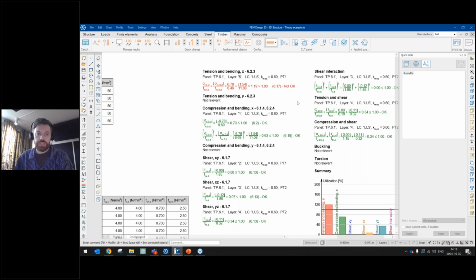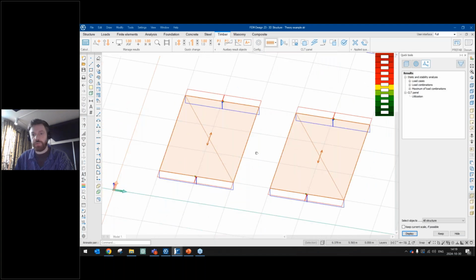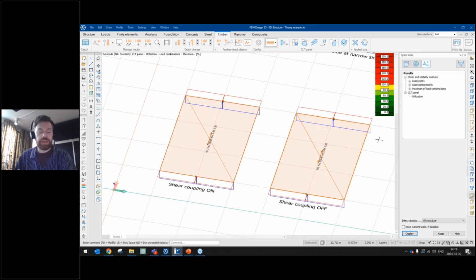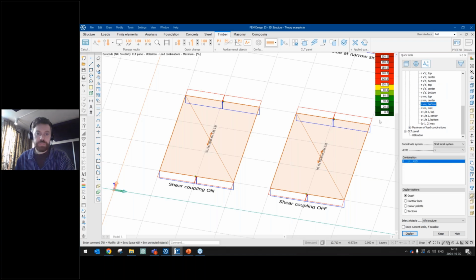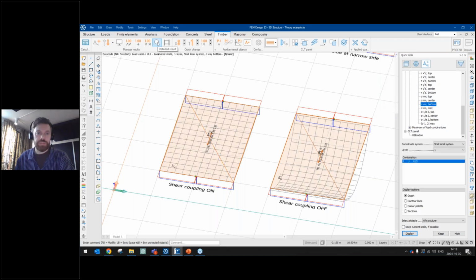When it comes to this shear coupling on or off, I'll just very shortly highlight the difference inside the results. So let's take a look at the laminated shell stresses. That's basically the stress over the cross section for the CLT. And we can take a look at a specific point here. If we take a look at the detailed settings, I will select a result point, which I've already created